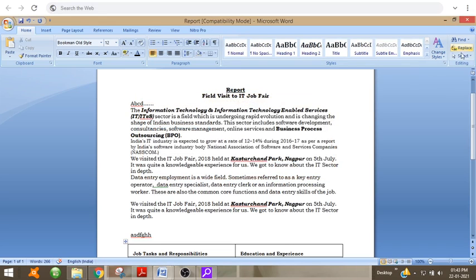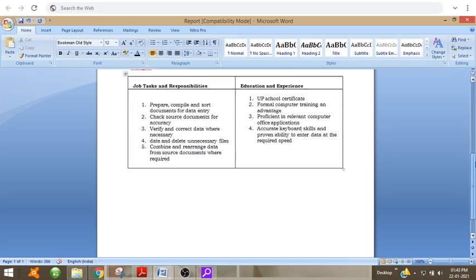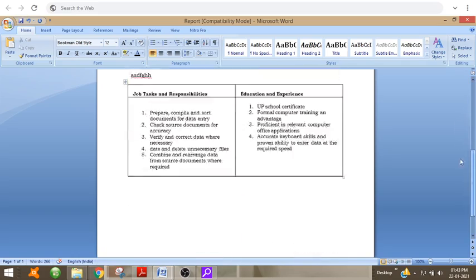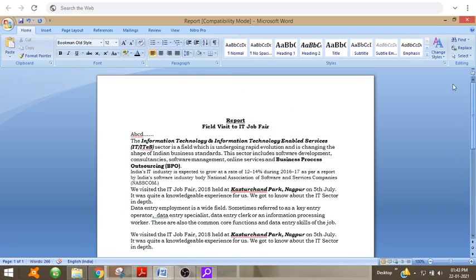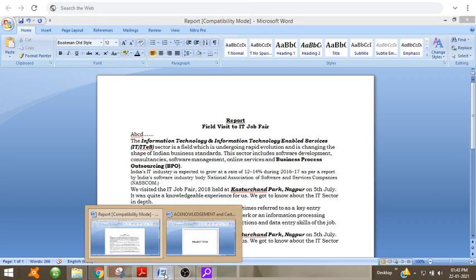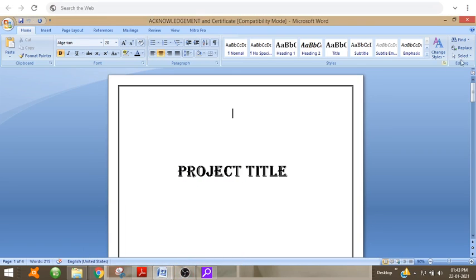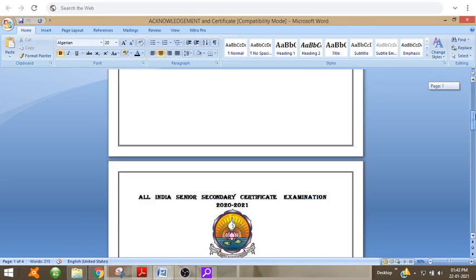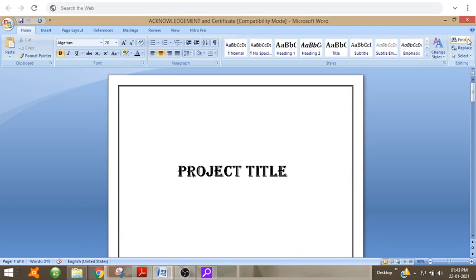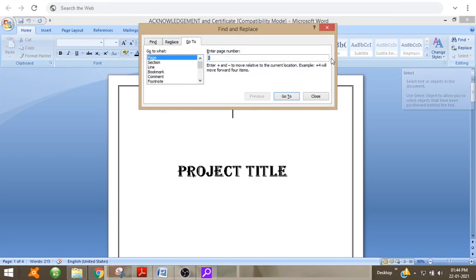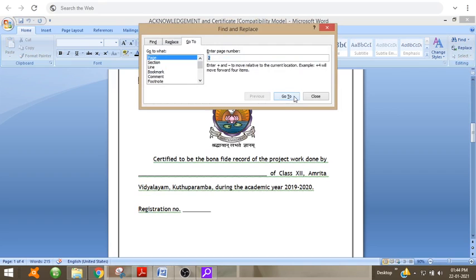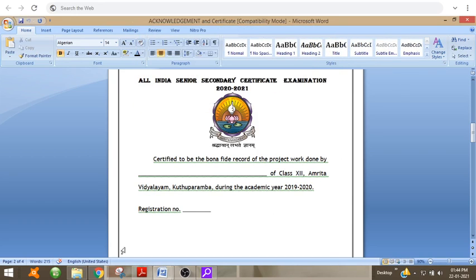It will take you to page number 2. Here only one page is there, that is why it is not showing. If multiple pages are there, it will show. So consider this, here there are so many pages, and when we click on Find, Go To, page 2, it will take you to the second page of the document.